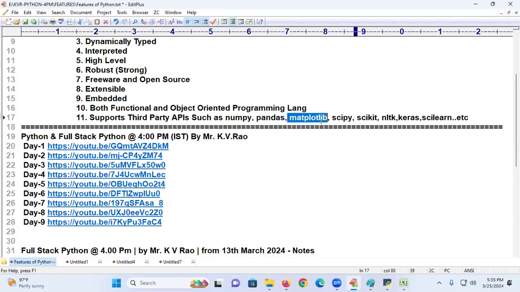Like Matplotlib. Matplotlib is nothing but data visualization. In your school, unit test 1, unit test 2, quarterly, half yearly, annual, a bar graph is given or not? Your parents may not know mathematics, but by seeing that graph, they will understand or not? If the bars are increasing, they will give money and buy chocolate. If the bars are coming down, they will take a belt, and immediately they will give another chocolate. Correct or not? Data visualization makes you understand your progress, and on the spot you can understand the data analysis.